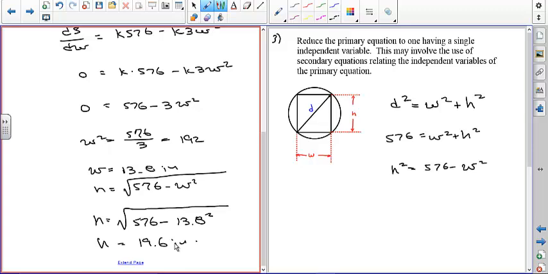You get the width is 13.8 inches and the height is 19.6 inches. And this kind of relationship, where the strength is larger or more influenced by the height than the width,